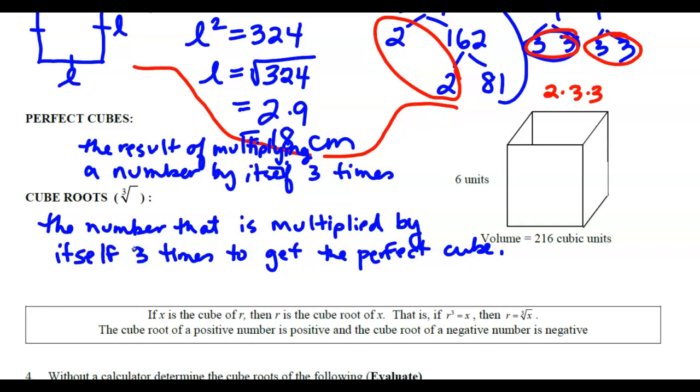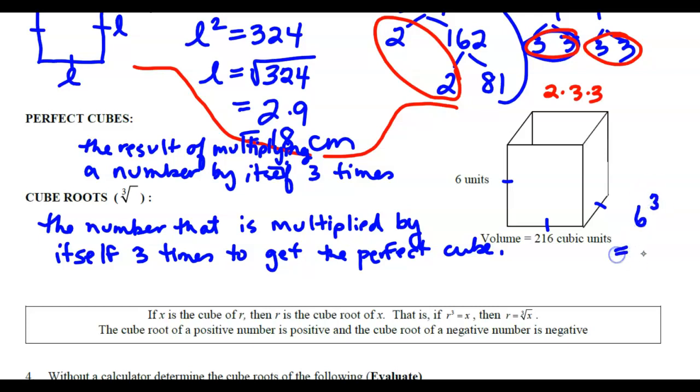Okay, so you can see actually from a diagram of a cube. A cube means the length, width, and height are all the same. If we went 6, so that would be 6 there, this would be 6 here, and this depth would be 6. So if you think about 6 cubed,